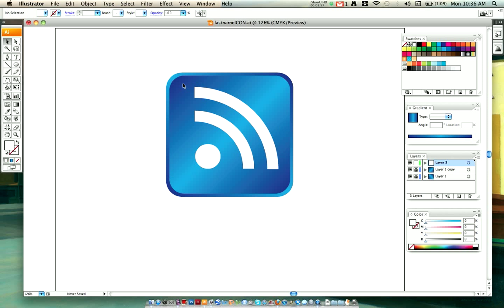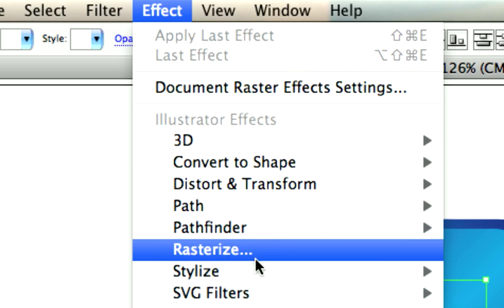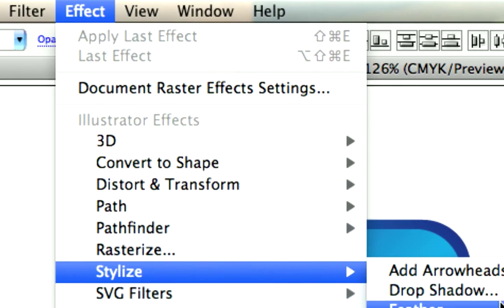Now, we're going to do a couple new things here to stylize it. So what I'm going to do is, with my marquee, my direct selection tool, draw this little box around everything so it's selected. And there's a new heading I want to show you today called Effect. And you go under Effect, and you're going to come to Stylize, and over here you're going to pick